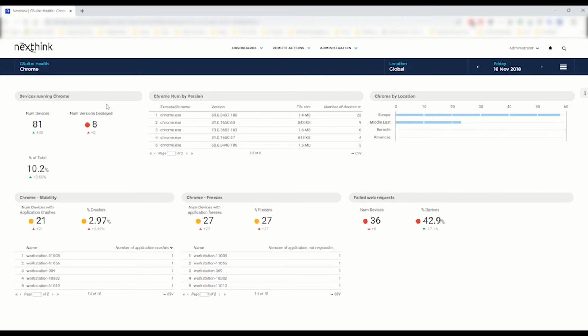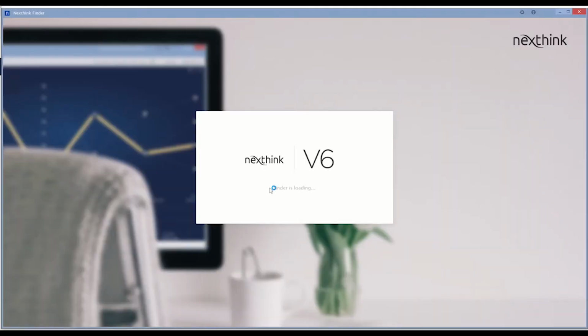And here we've got some more red and yellow indicators. If I hone in on the stability, we can see that there have been 21 crashes today with Google Chrome. We've got the offenders listed underneath in order, but if I wanted to drill down deep into this data, all it takes is to move over the widget, launch the Finder tool,